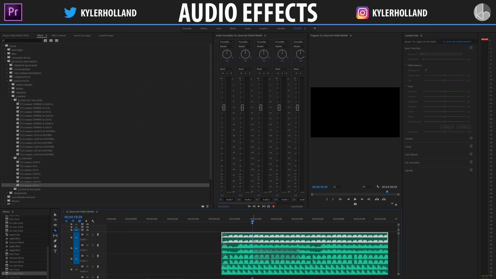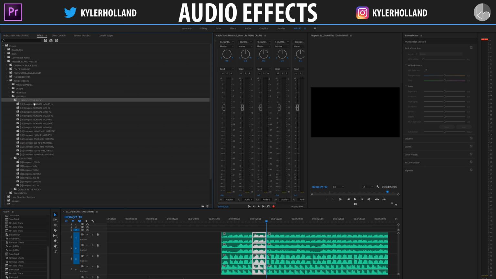I'm going to hit C on my keyboard and hold Shift so I cut through all of these clips. And let's designate how long we want this fade to happen. So that looks good like this. All we have to do is select all of our clips and go into the fade out the audio folder. And we know that we want to choose the normal to 500 hertz frequency, because we are going from normal audio track over here and we want to fade it down to 500, which is going to be our constant